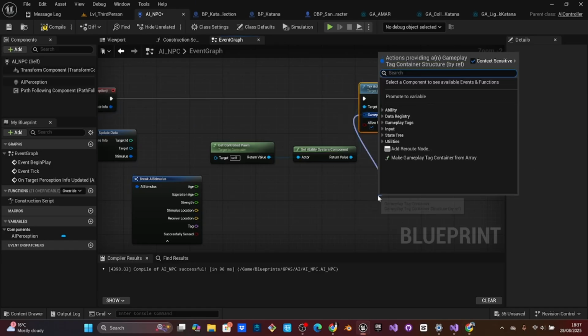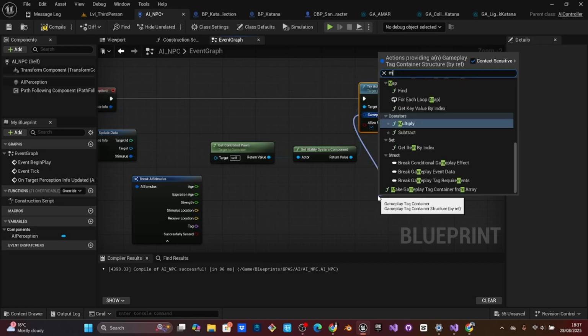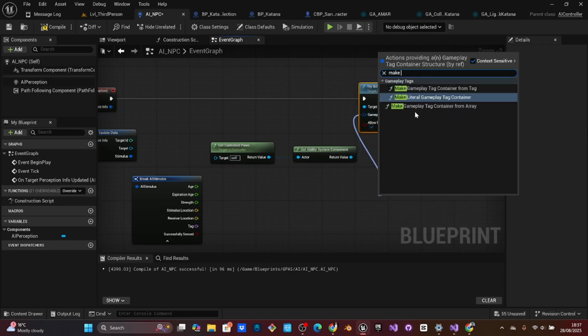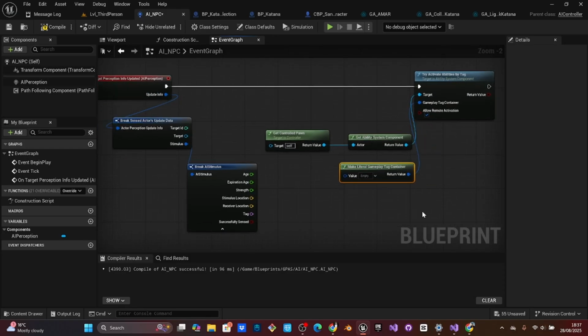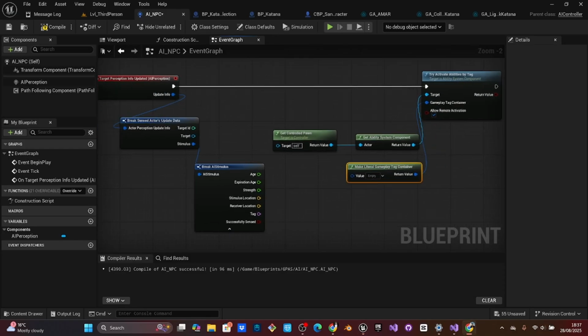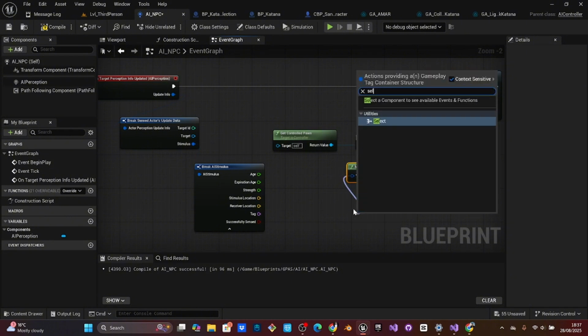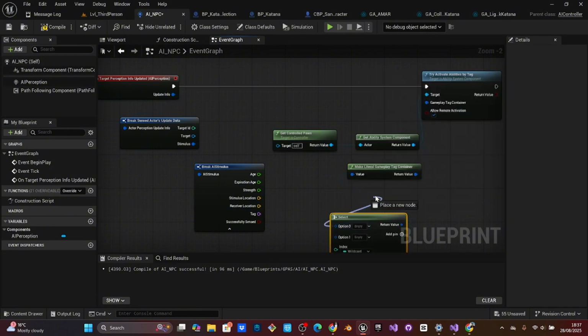Now from here we can make literal gameplay tag container. Now this tag contains our abilities, and we are gonna select these abilities, and